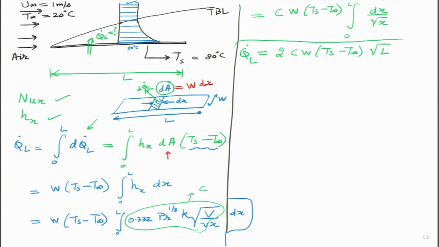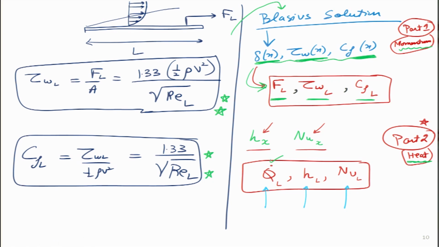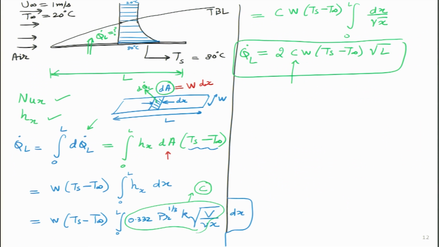All I need to do is plug in the value of C, which I already know from here. If I go back one slide or two slides, the first solution we have obtained. We wanted to find all these 3 blue arrow values, and the first blue arrow value we have obtained. Now, let us try and figure out, based on this overall rate of heat transfer, the value of h L, which is the overall convective heat transfer coefficient.